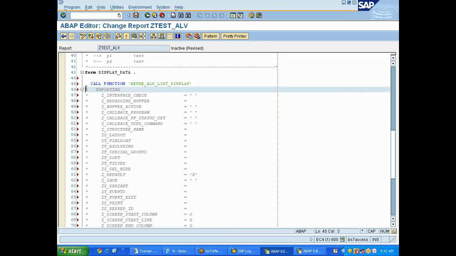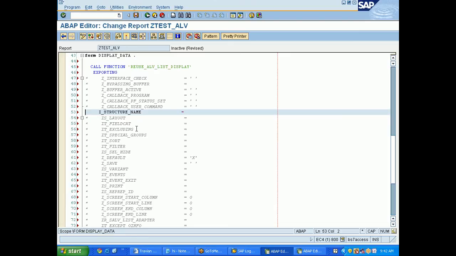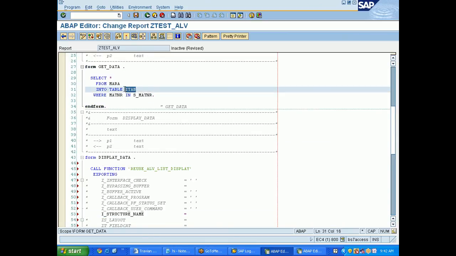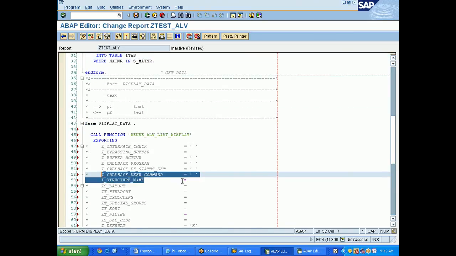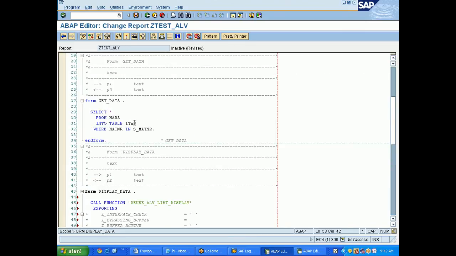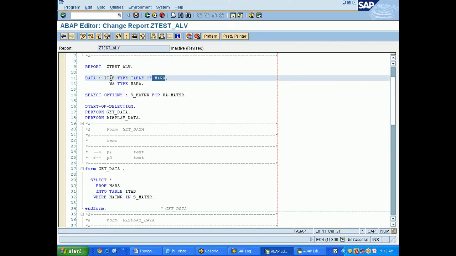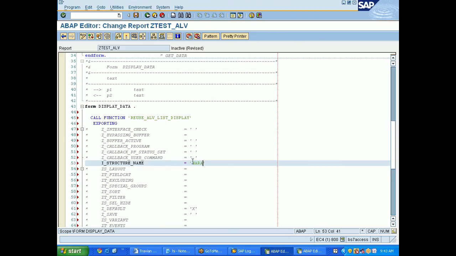Now for this function module, you uncomment the exporting, and there is something called I_structure name. This is your internal table structure name actually. Which internal table you want to write? Whatever the data you got in I tab, that data you want to write, correct? What I_structure name you need to write here. So what is the structure name of the I tab? If you see I tab, how it is declared, I tab type table of Mara. So Mara is the structure name of this I tab. So give the Mara in single quotes and capital letters,